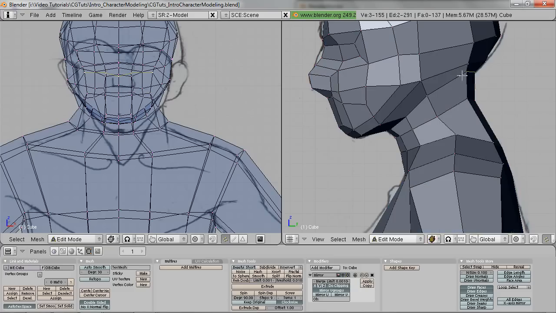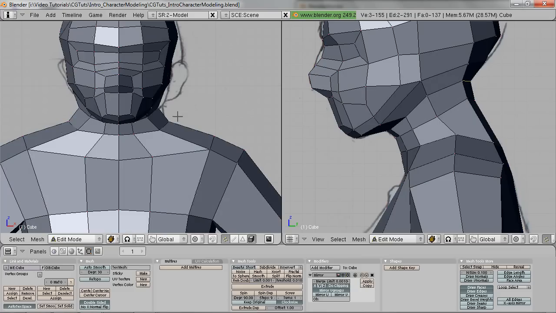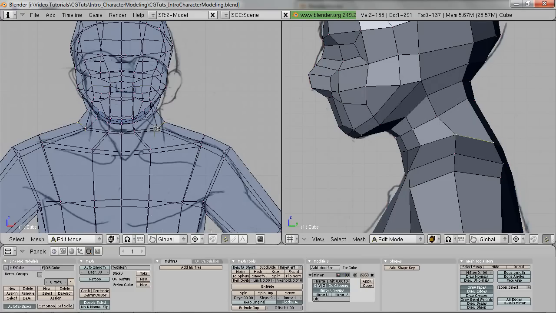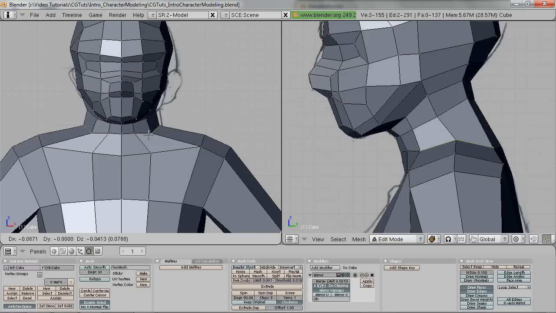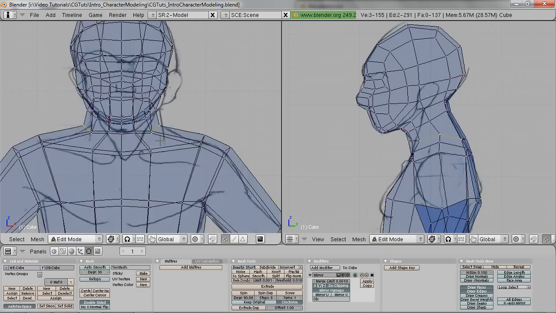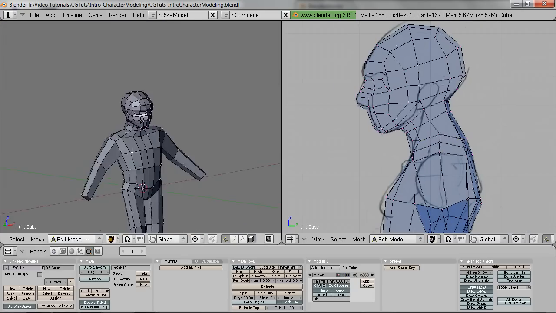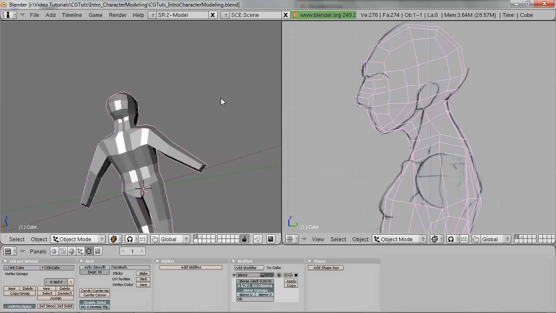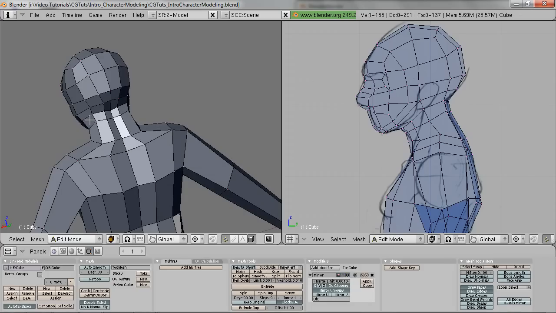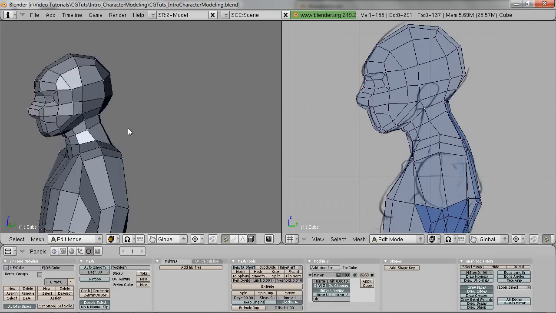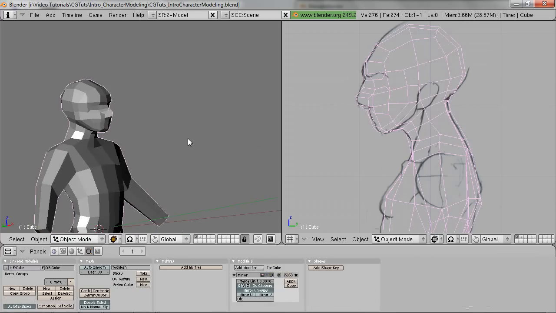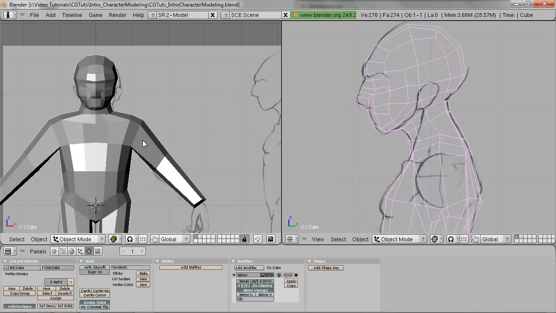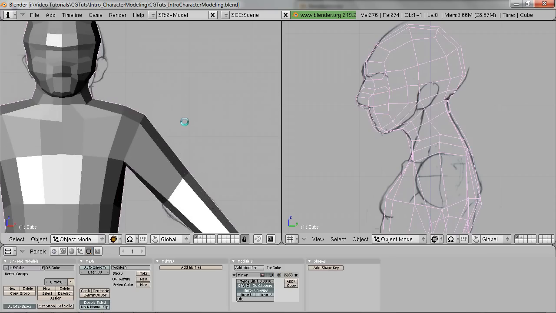One of the biggest mistakes you can do is to completely ignore the neck. The neck is what really defines the connection between the head and the body, and what can really make or break a natural model, particularly from the chest up. You can see that alone, what we just did, helped immensely. So there we are. Okay, let's go ahead and keep making our way down and start working with the shoulders